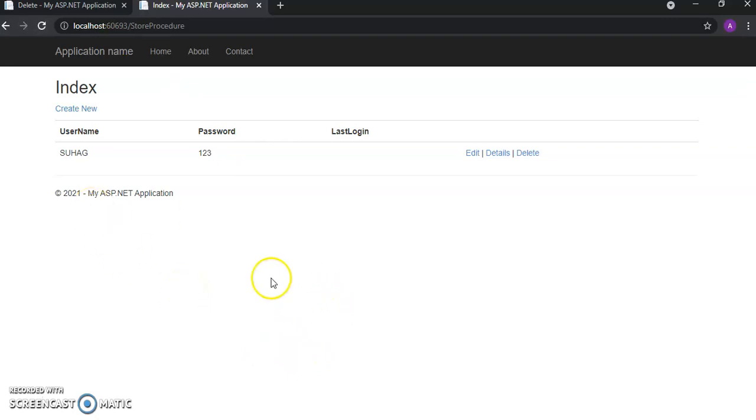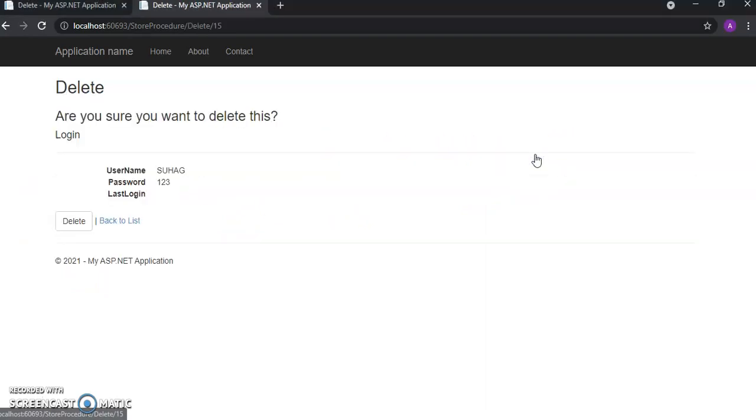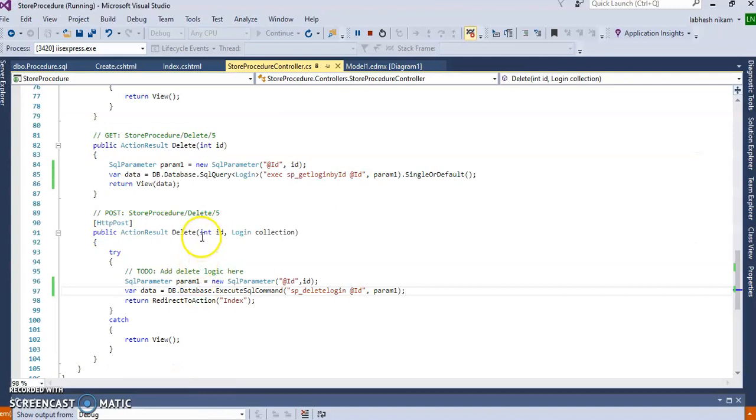Right, my page is refreshed now. Now we will delete the record. Click on delete. I am fetching this record using that HTTP get method. Okay, and now I will delete the record on pressing the delete button using this HTTP post.